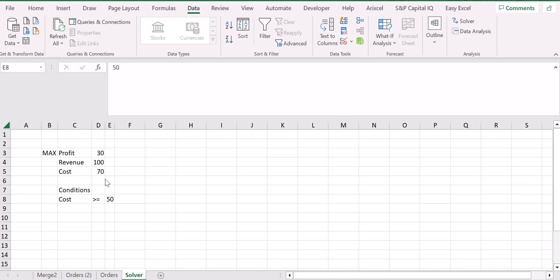So today we are going to see how to use the solver function in Excel to solve for specific problems. So for example, here today I've created a very simple example where my goal is to maximize the profit given that it is the difference between revenue and cost. As you can see, there is a subtraction here, and we have only one condition: that cost must be greater